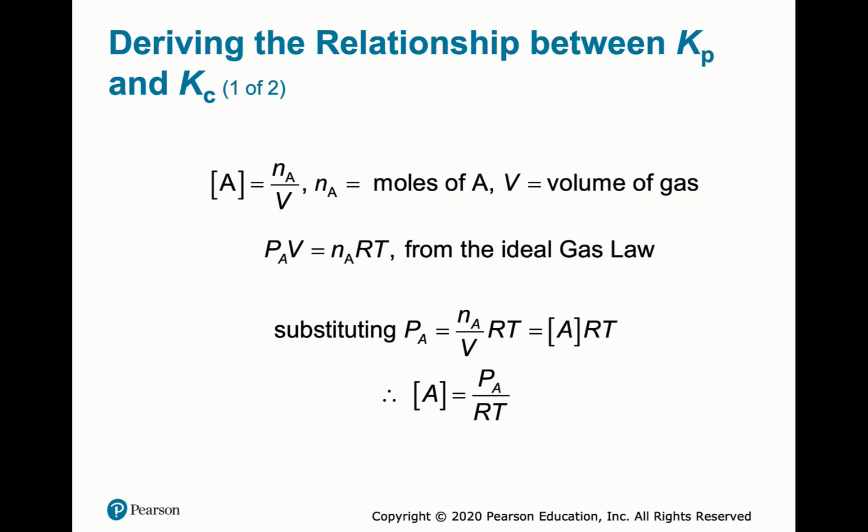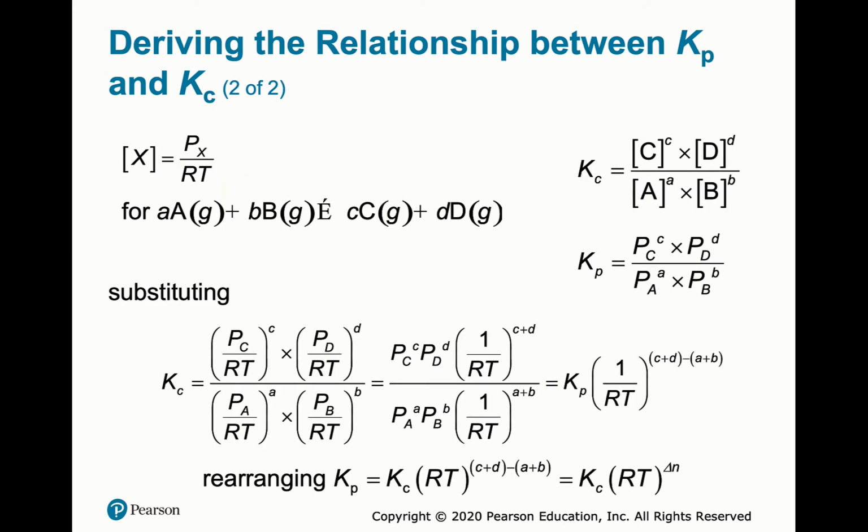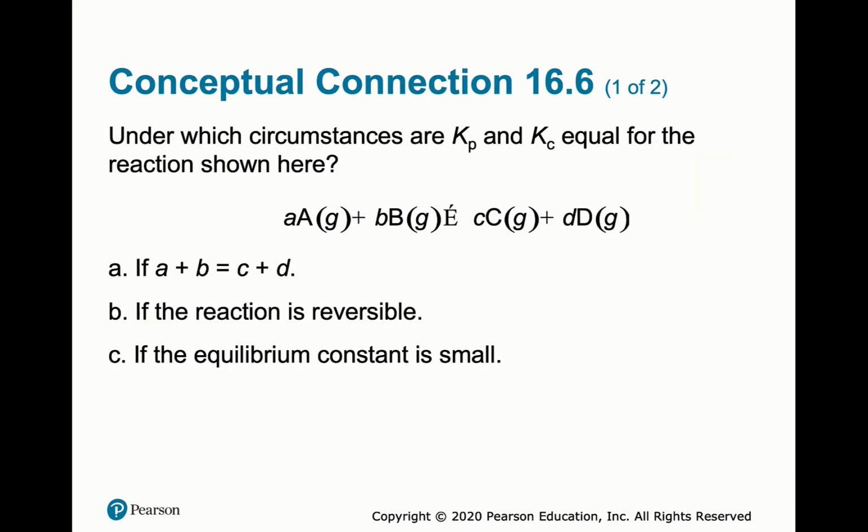So for how to derive this, here is part of the derivation right there. And here is the rest of the derivation to show the relation between Kp and Kc. So under which circumstances are Kp and Kc equal for the reaction shown here? And that's for when the change of n is 0, because RT, anything raised to the 0 power is 1,